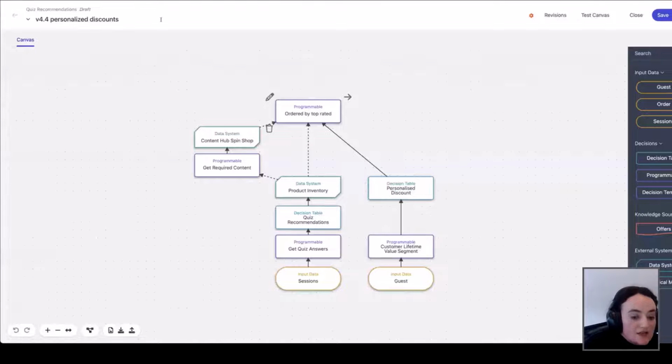So you might have seen there in the demo, they had stars next to them. It's just ordering by those, how highly rated something is, at the top. I'm doing one more thing here. I'm pulling back, for that customer, what their lifetime value is, for example. So I'm pulling out this information here, and I'm using that to determine what kind of discount I want to